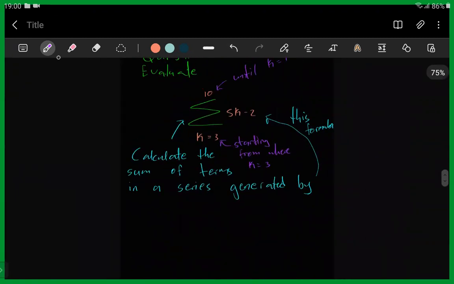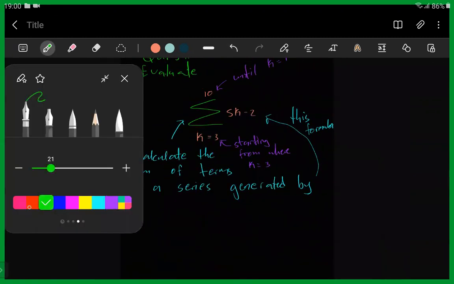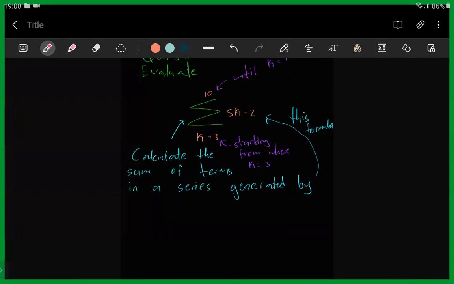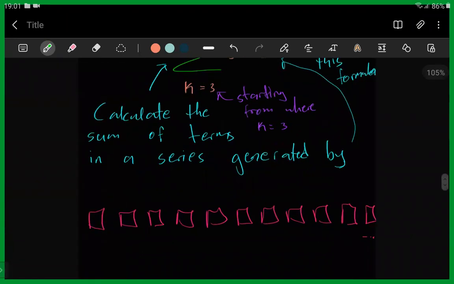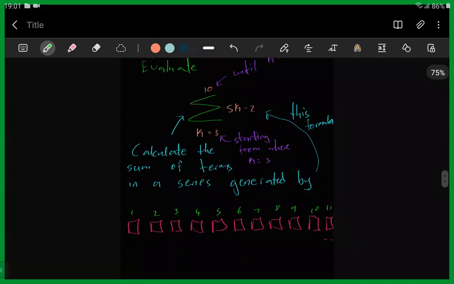So what that means is you could have a sequence. Let's just say this series has terms going 1, 2, 3, 4, 5, 6, 7, 8, 9, 10, 11, going on and on. Let's just say it carries on. This is position number 1, 2, 3, 9, 10, 11, going onwards. This question only wants you to add up